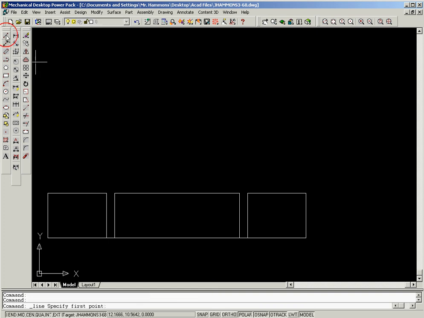Alright, I'm going to use the line tool, and I'm going to go up a 1/2 inch at 0 comma 0.5, and now I'm going to use the copy object tool, and I'm going to copy this one brick, and I'm going to use this lower left hand corner